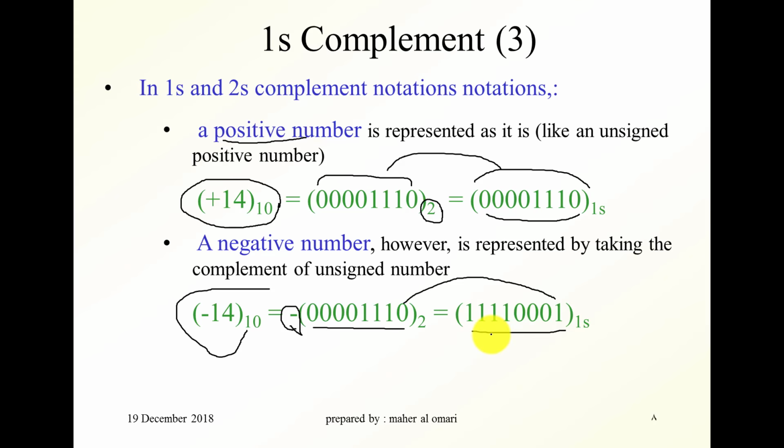If somebody tells you that this is a negative number and your system is using the ones complement, and you want to find the absolute value of this number, all you have to do is, you know that this is a negative number, okay? Invert and find the ones complement of this, which is 0, 1, 1, 1, 0, 0, 0, 0. So this is a negative 14. This is 2, 4, 8. Add them together, you come up with the 14.